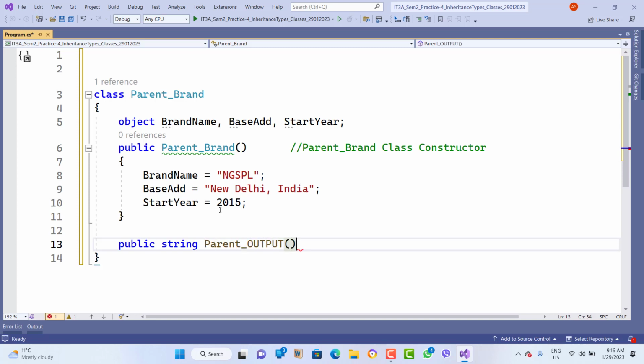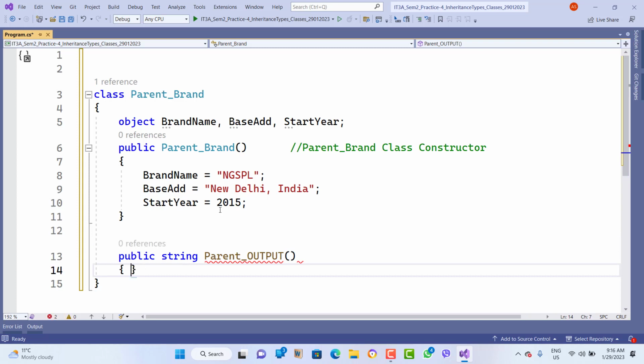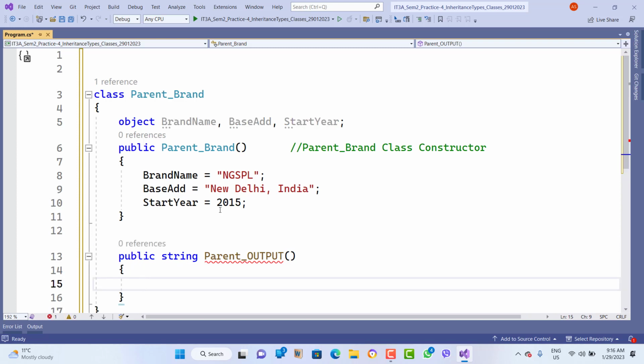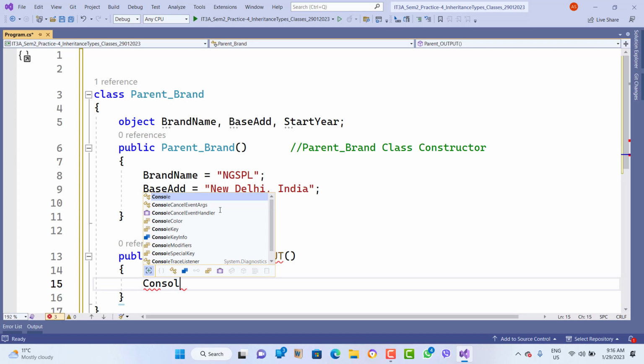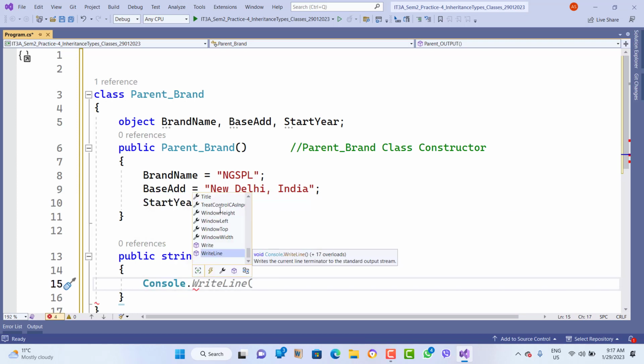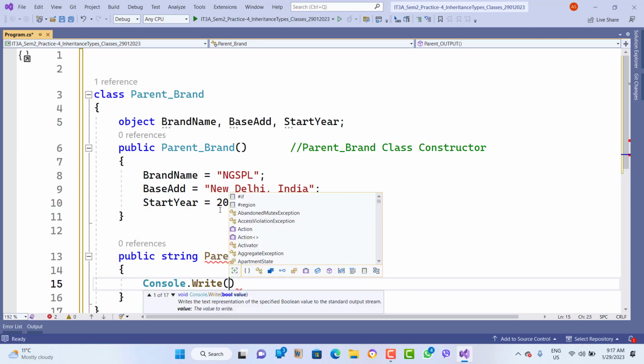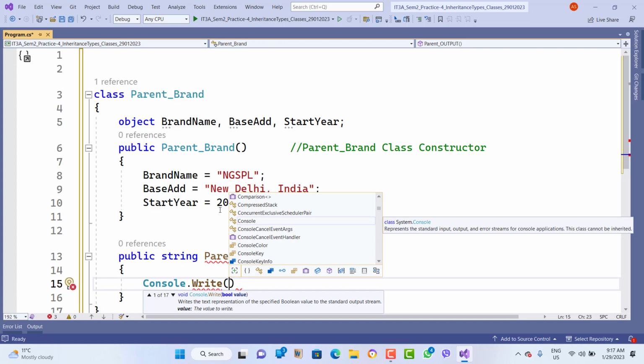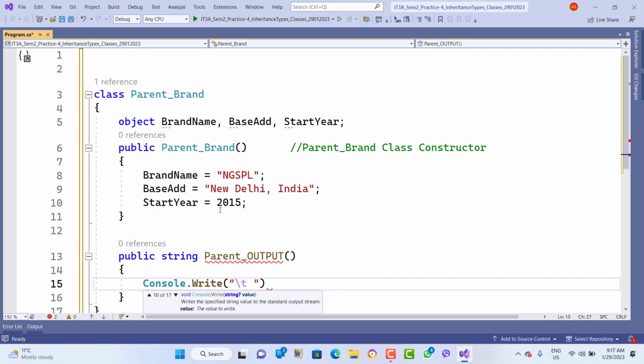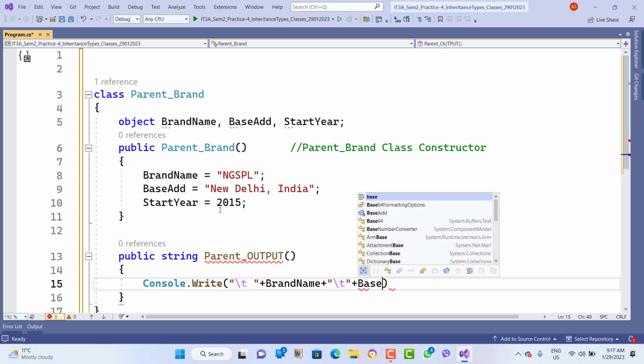This is the name of the method, and then we write some source code here. We are writing console dot write, not write line, and inside we are just writing a /t and brand name, then again /t, address, base address, sorry,